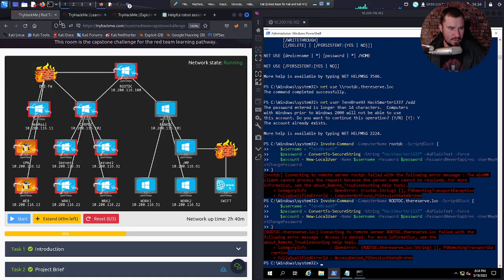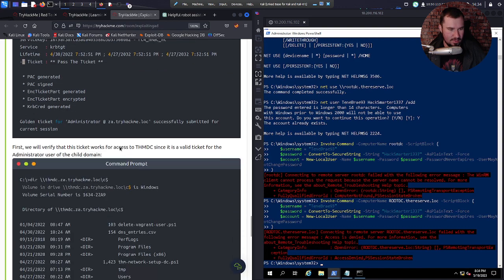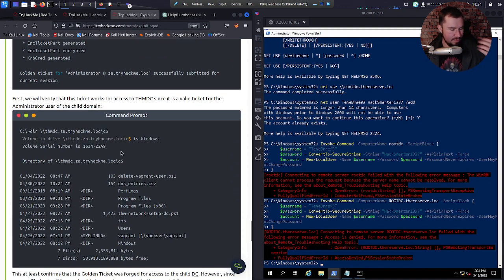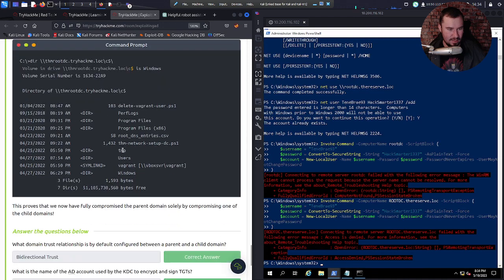If we look at, we have access to it, we can add files. I mean, we have administrative access with our golden ticket.